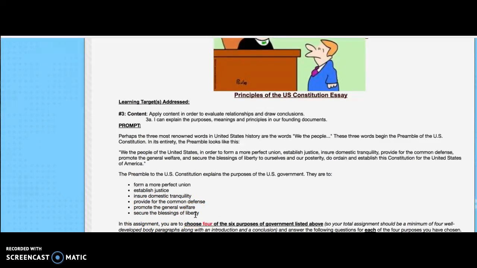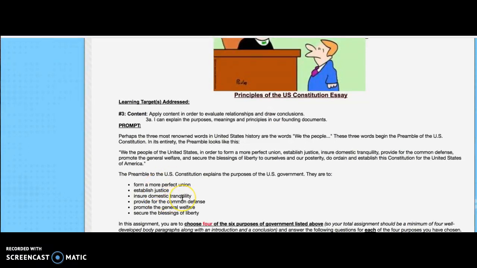What I want you to do for this assignment is pick 4 of the 6 that you're going to look for in the Constitution. You can look in the articles or you can look in the amendments. The amendments aren't only the Bill of Rights. There are 27 amendments, the Bill of Rights are just the first 10, and there are 7 articles. You can find your supporting evidence from anywhere in the Constitution beyond the preamble.